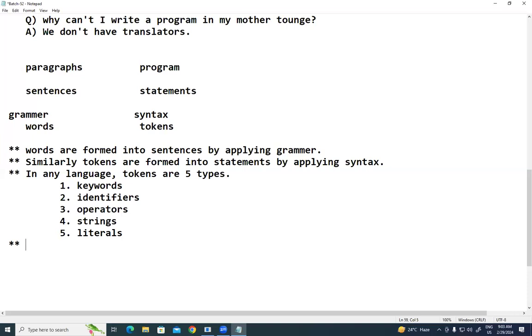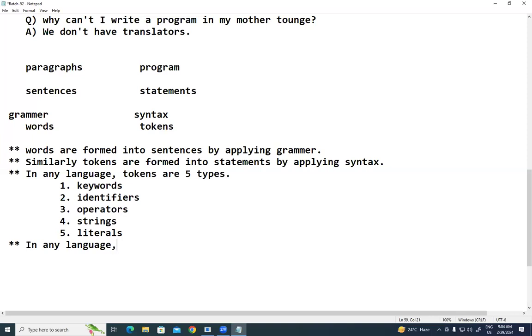Multiple languages. Got my point? So almost all languages contain the same keywords. Maybe one language contains more keywords, another may contain fewer, but keywords are there in every programming language and almost the keywords are the same, right? I'll tell you what keyword means, what identifier means, we'll discuss. Now, in any language,